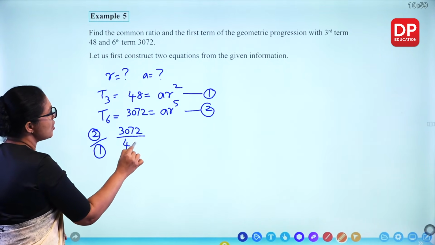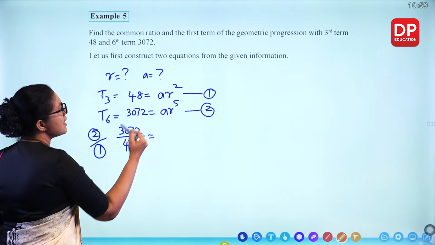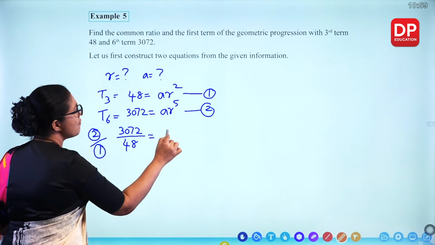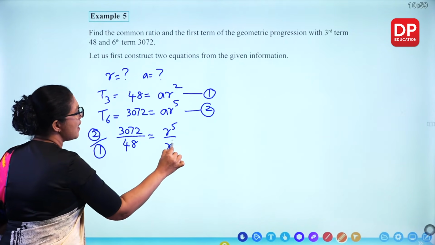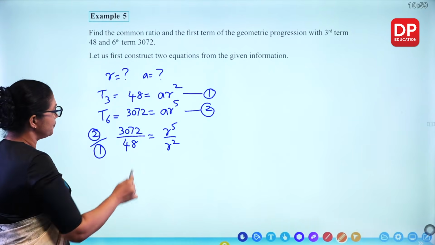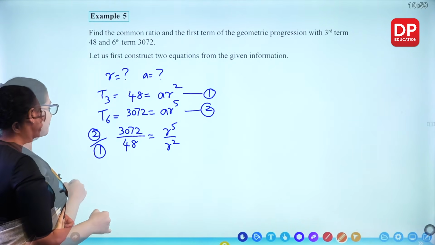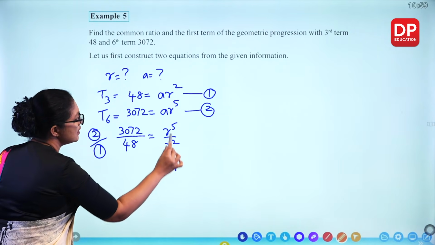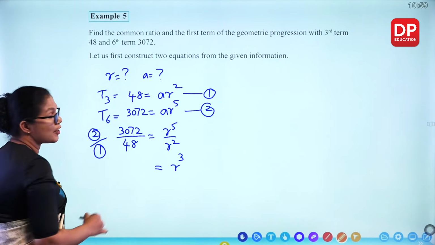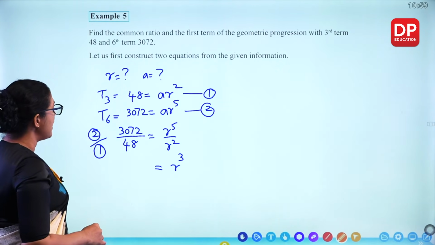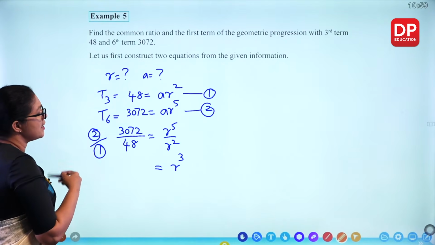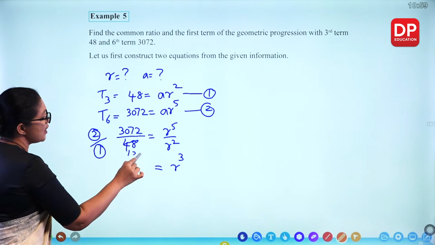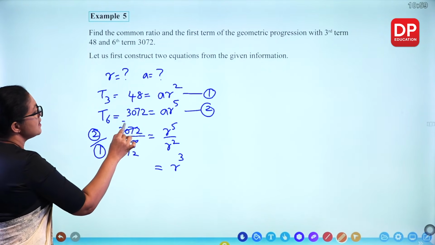3072 divided by 48. A and A get cancelled out. R to the power 5 divided by R to the power 2. So what is this one? What's the value? You get R to the power 5 minus 2, you get R to the power 3. And when you simplify this one, divide by 4, you get 12. Divide by 4 again,